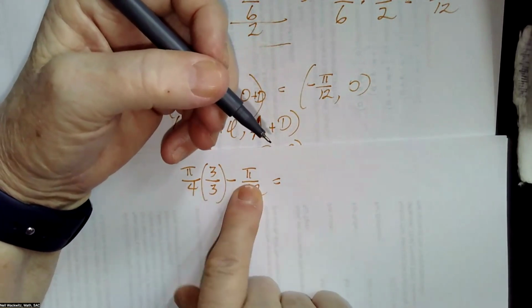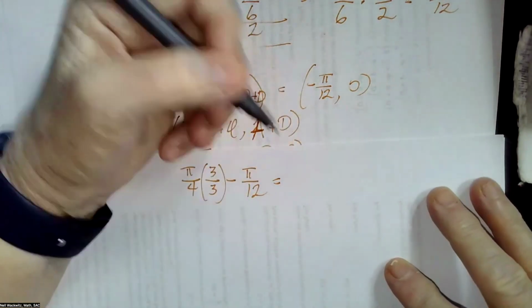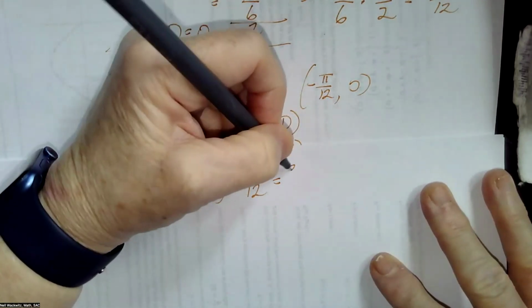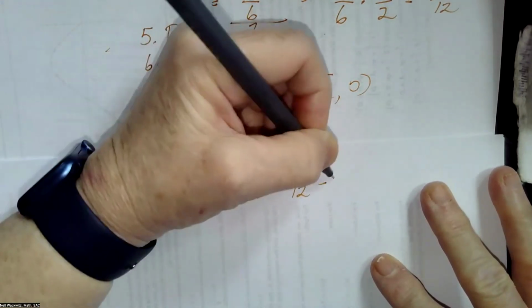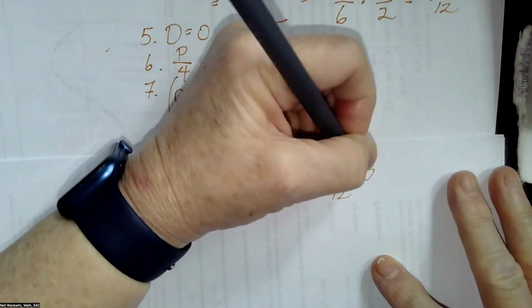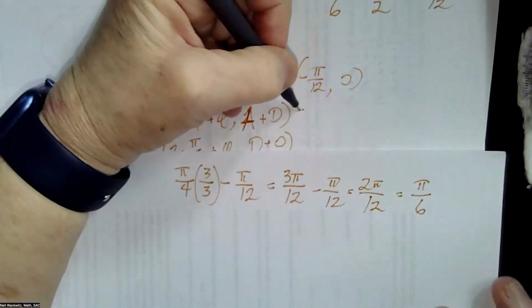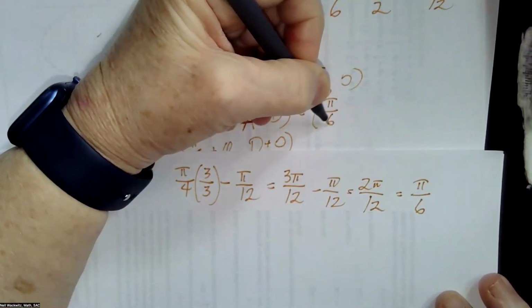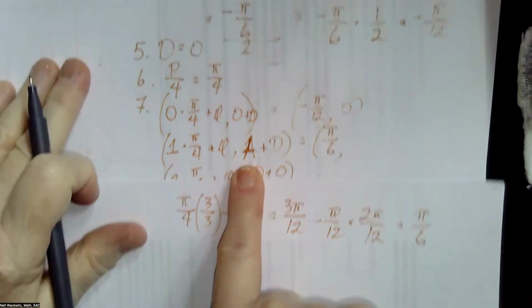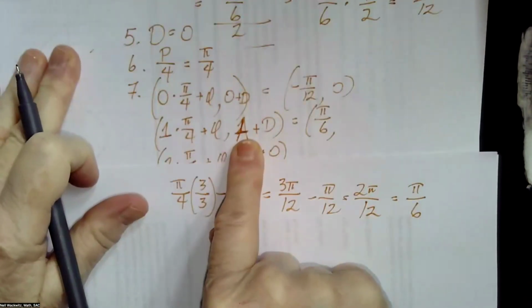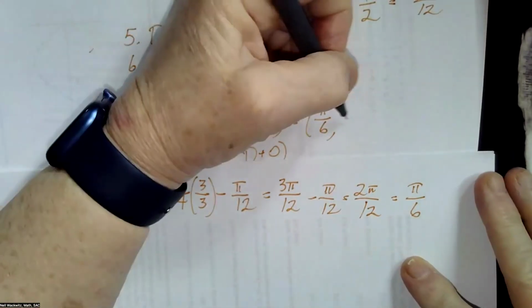And that 3 minus 1 is, I'll write it down. 3 pi minus pi over 12 is 2 pi over 12. And can we reduce that? Yes, we can reduce it to pi over 6. Excellent. We said that A was -3. So we have -3 as the next Y value. And now we've got